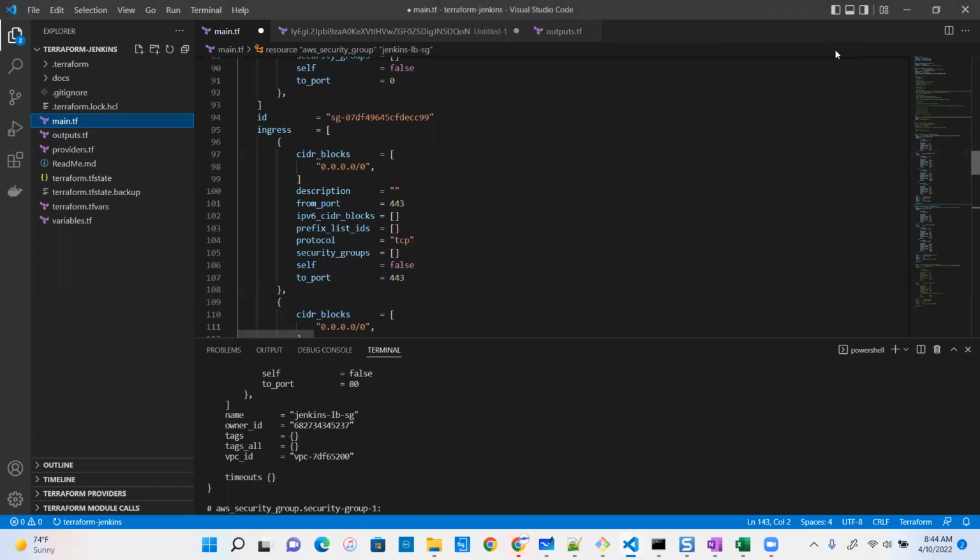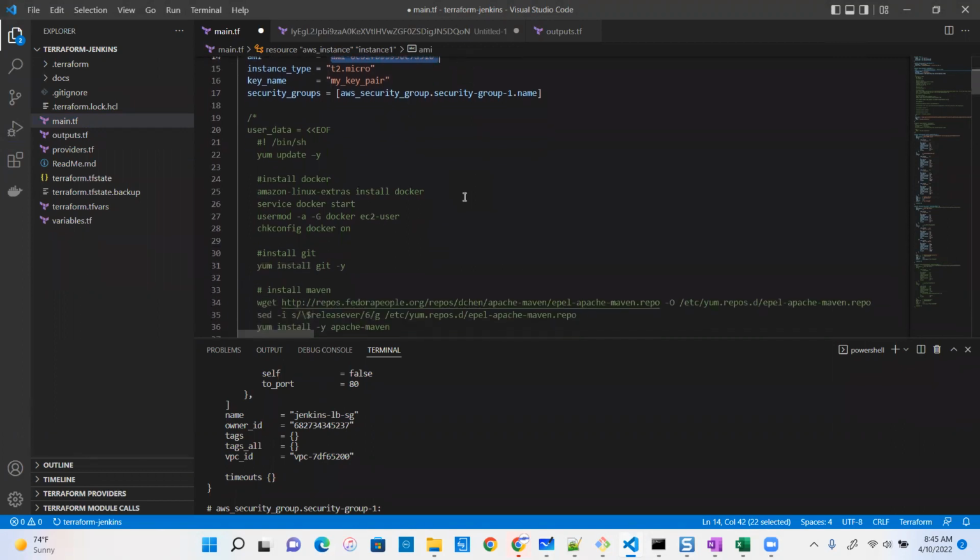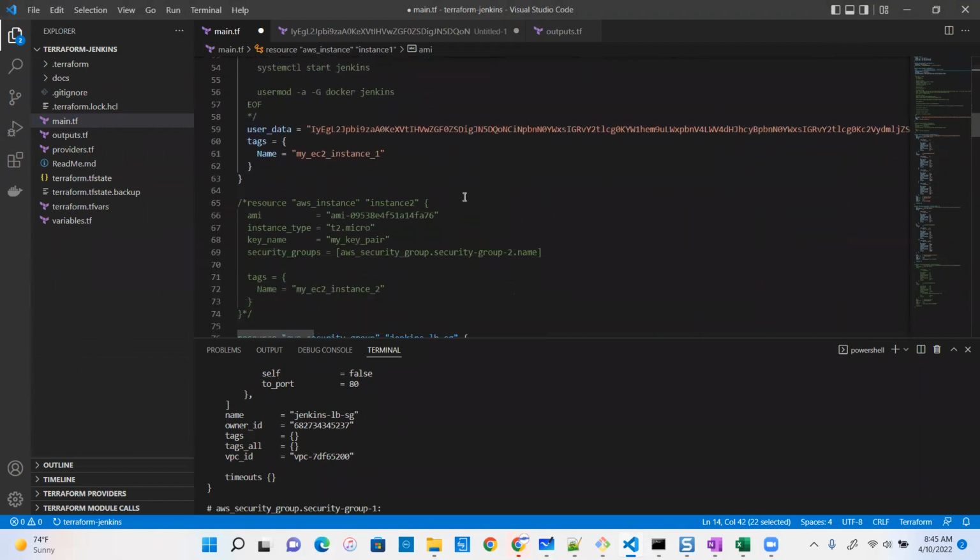I figured out how to do that in a more elegant way. If you notice here, the golden image I've commented out, the whole thing, and I'm using the original image, the default image given by AWS in North Virginia. And if you look down here,